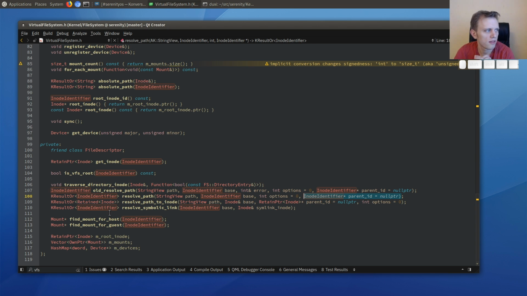And this ends up really sucking because in many cases we actually need that information about how we got to this path. Certainly when we implement something like the absolute path of an open file descriptor, which is currently a horrendously inefficient operation in Serenity, because since we throw away all that information, we have to reconstruct it, but in the ext2 file system that Serenity is currently using,